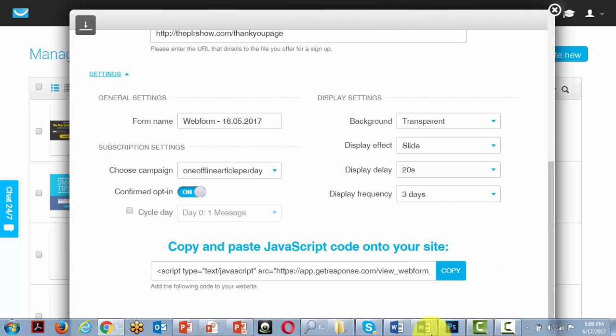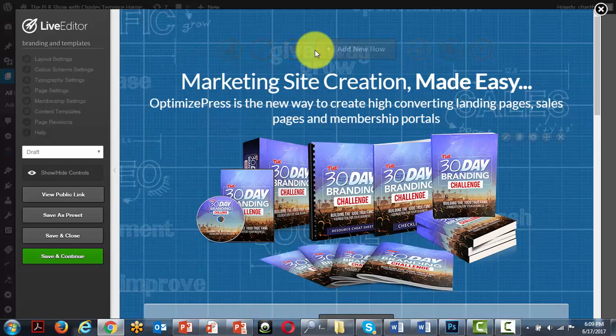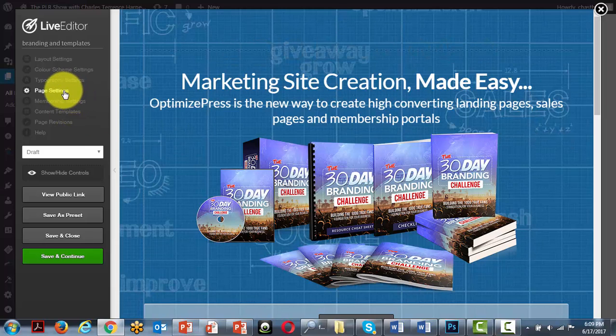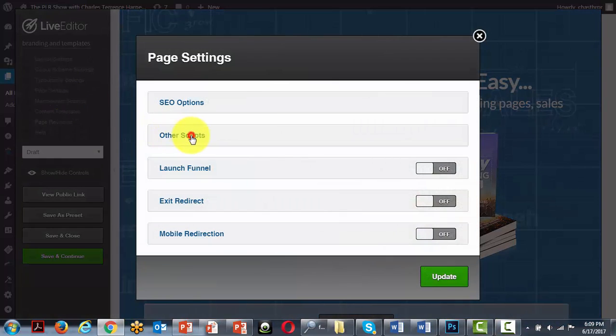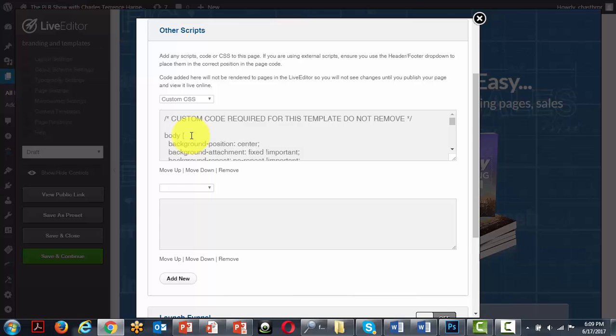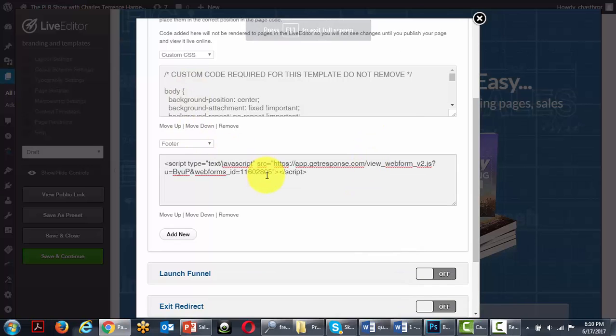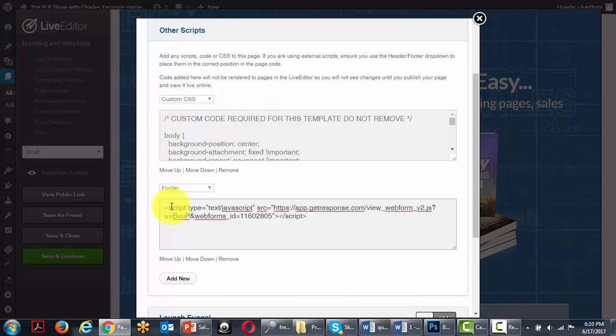We would then copy the code, and then we would go back to our site. We would then inject the code into a place where our scripts are going to be held. And then we're going to save it into our page builder. Now, every page builder is going to be different. Every autoresponder is going to be different, but you are going to have to get a code. You are going to have to put it either in the header or footer area of your page builder and